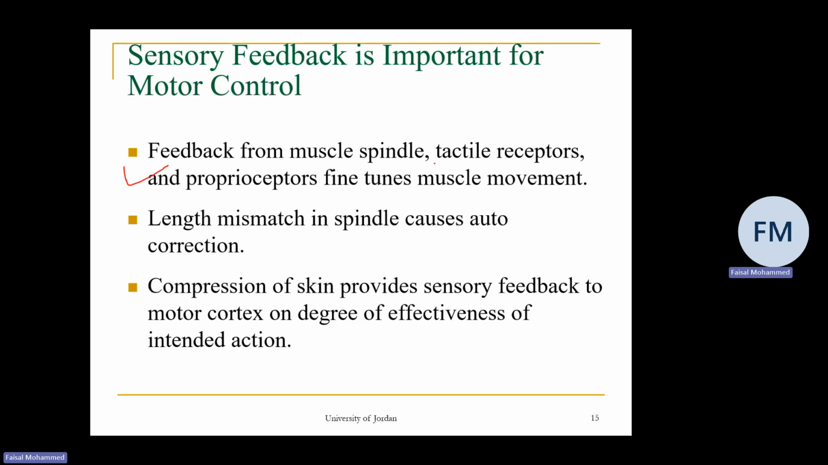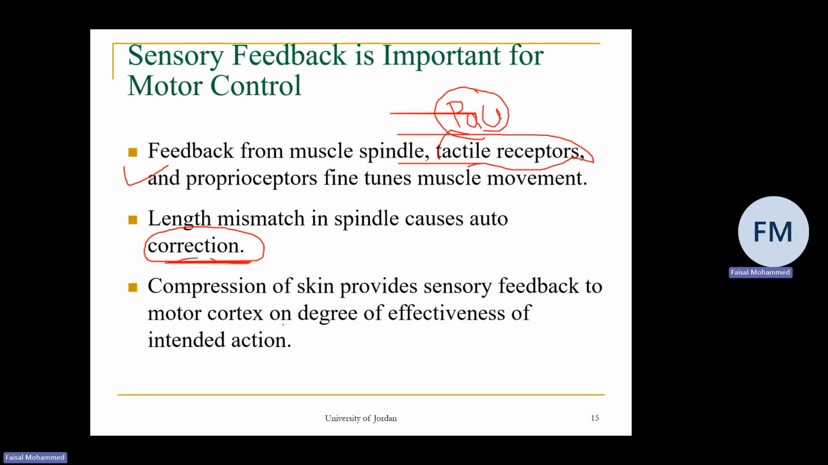So feedback from muscle spindles and tactile receptors around the joint, which are Pacinian corpuscles. You remember we mentioned the Pacinian corpuscle. Pacinian corpuscles, also around the joint, give feedback to the cerebellum, and from the cerebellum it goes back to the cortex through the VA and VL, ventroanterior and ventrolateral. Length mismatches cause correction, and the correction passes from the cerebellum to the thalamus, and to the cortex through